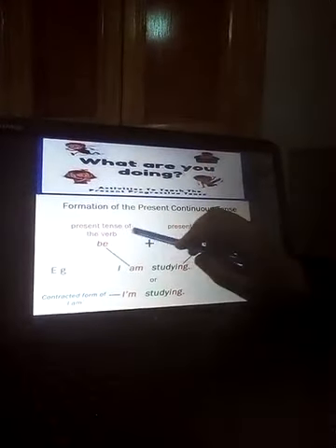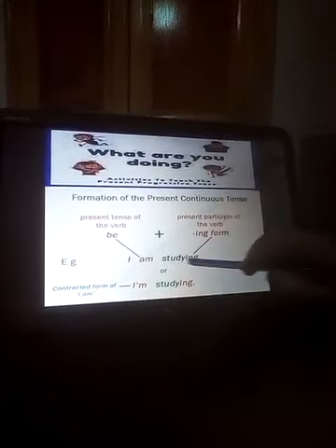Okay? She is studying English now. When it is every day, we say she studies English every day. But in the progressive tense, she is studying English now, at the moment. He is studying at the moment. It's happening now. He studies English every day. It's repeated action. Okay? So let's get the example here. Present tense of the verb be. I am studying